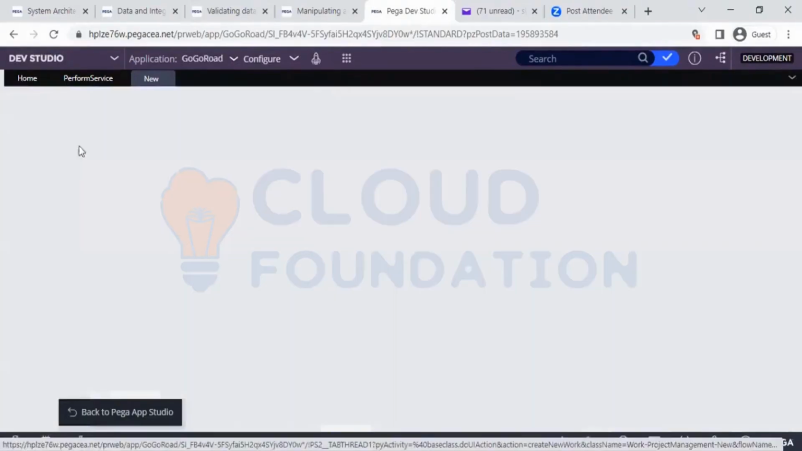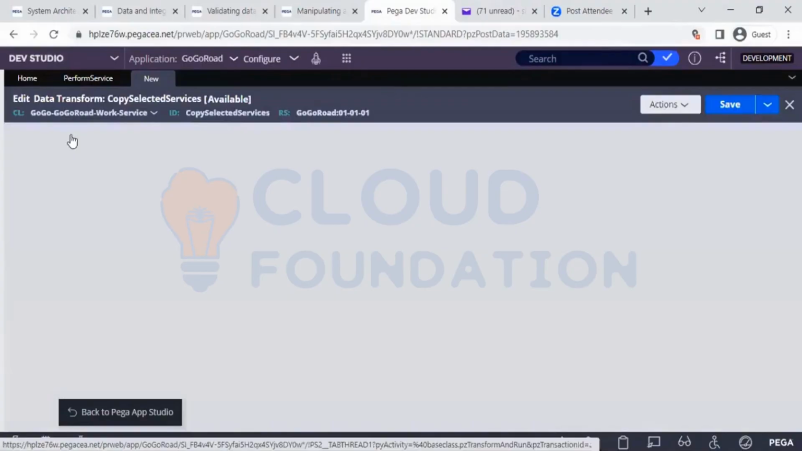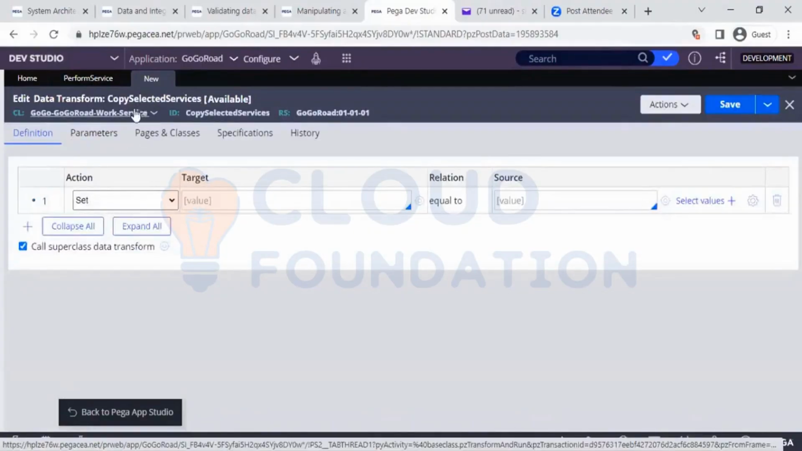This rule type is data transform and the rule name is Copy Selected Services. Basically what we are going to do is copy the data which is in the service case type, the service class, into the Assistant Request class. Assistant Request is the main case type. We are going to show that on the review summary, and there only we are going to copy the data. For that, this is the particular